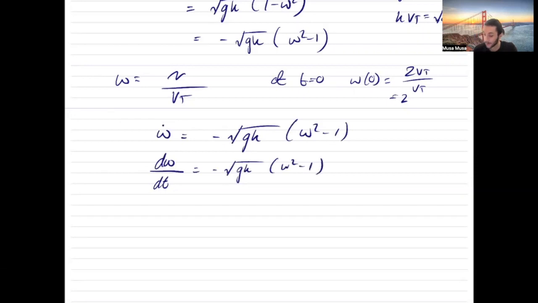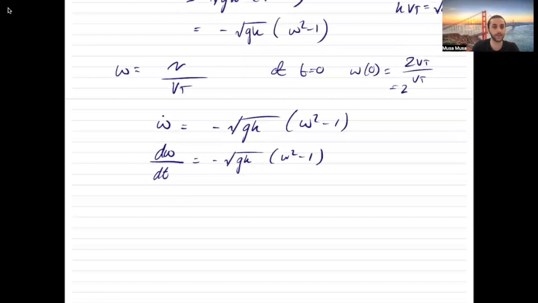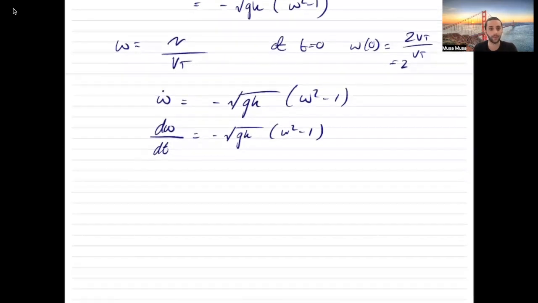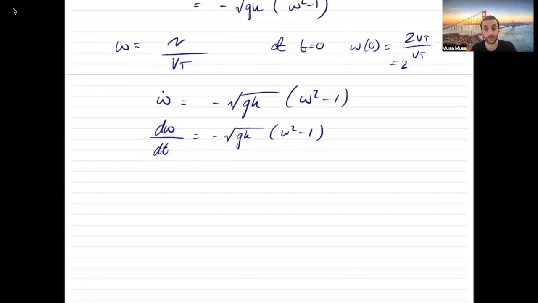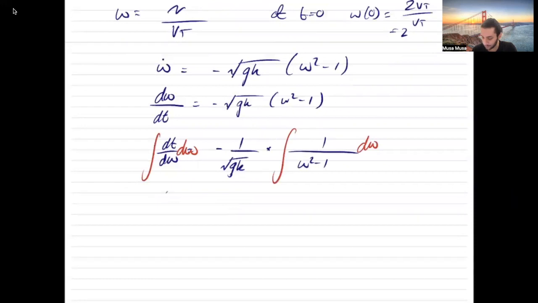Now I can't integrate both sides with respect to t, because obviously there's w's on the right hand side, so I'm going to take the reciprocal. So dt on dw equals minus 1 over square root of gk, and then times 1 over w squared minus 1. Of course, integrating both sides with respect to w, t equals minus 1 over the square root of gk times